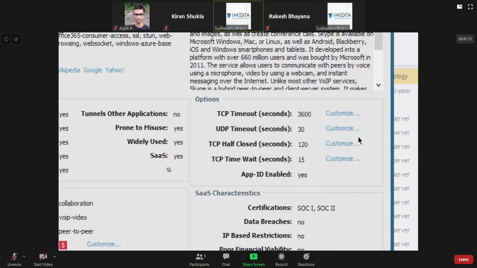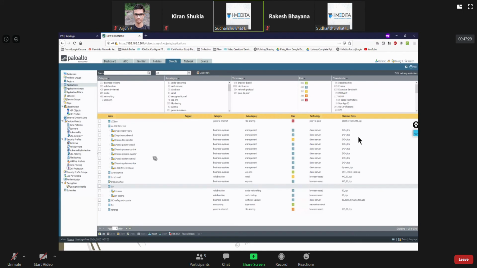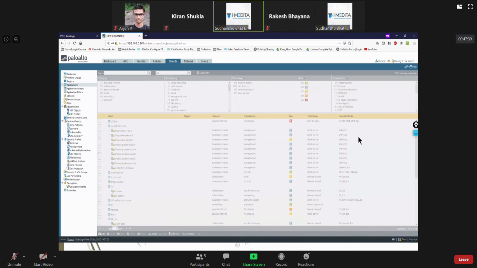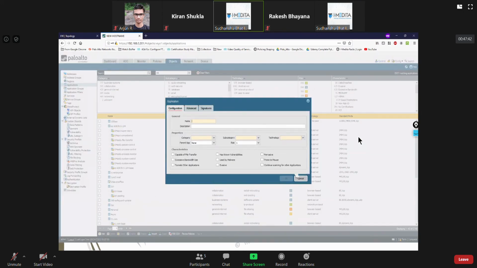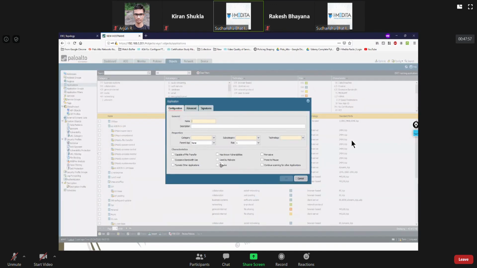Also, we can add applications. If you see, there is an option to add. Now, the effectiveness of adding the application depends directly on how much information you are telling the firewall about it. If you're not telling much and just doing it based on port numbers, then it's of no use. But if you really tell all of this information, if you see,